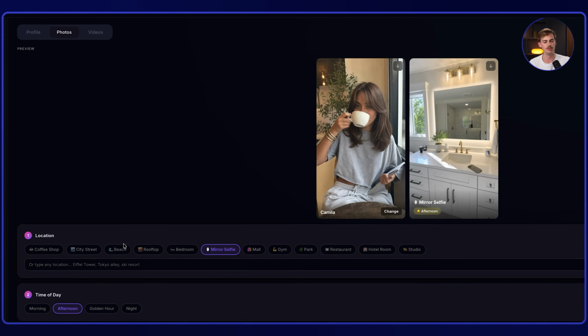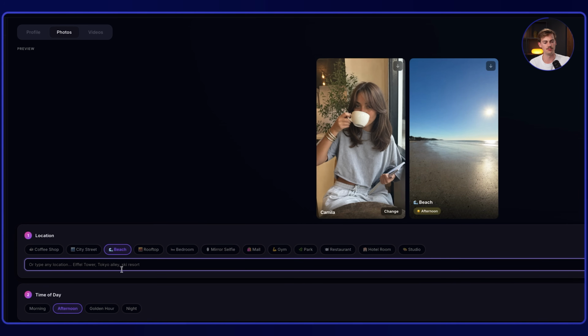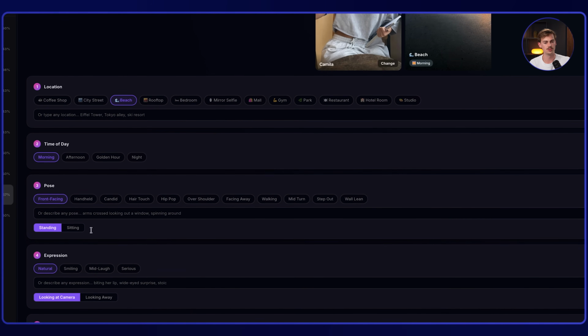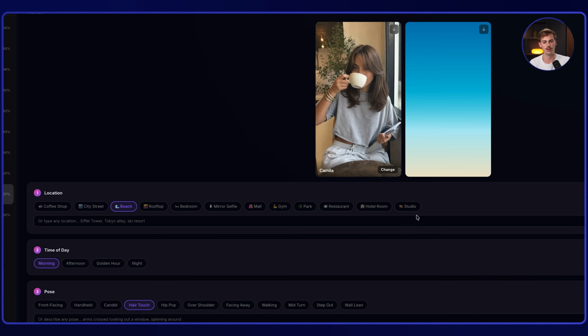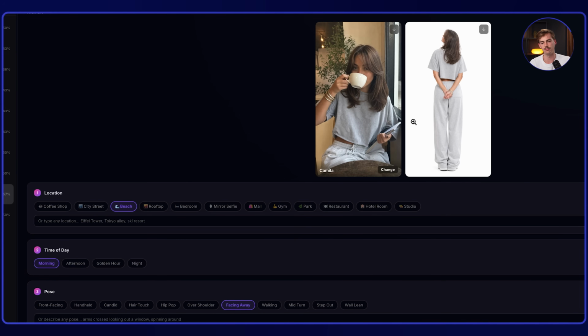Now, if we then go over to photos, here you can change up the location, so you can choose any type of location. If you want to do something custom, you can type in your location right here. Then you can change the photo to the light of day that you want. So let's say night, golden hour, afternoon, morning. You can also choose the pose. So let's say you want her to be handheld, candid, or like even a hair touch, hip hop, over the shoulder, facing away. Like this is super useful for if you have one of those AI influencer accounts,